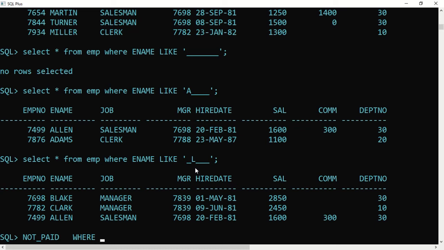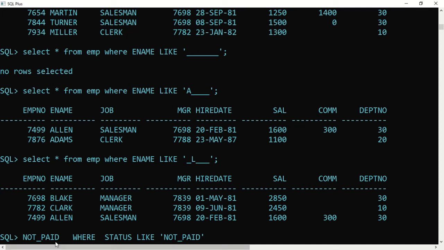So we have to say where the column name is STATUS, status is the column name, and we say like, and we put everything in single quotes. I'm searching for not_paid. But when you search for not_paid, it will not give you the right result. It won't give an error, but the result will be wrong, because there is no status word which contains a wildcard underscore in it.